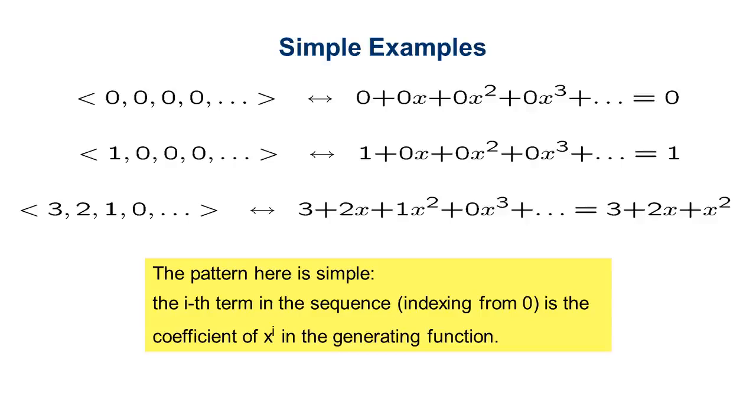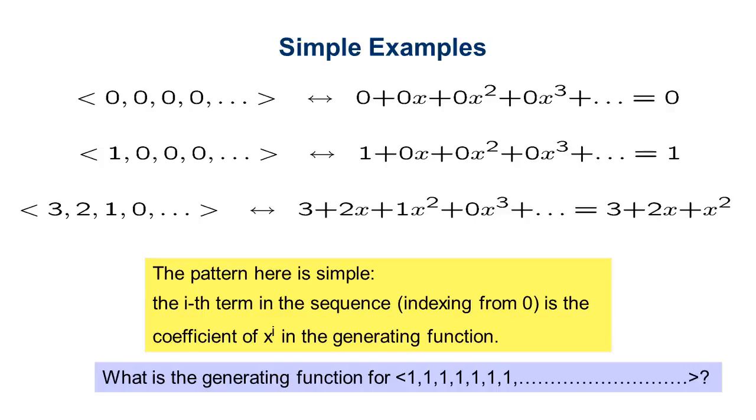Here the value of i is 0, so this is the first term or 0th term, and the coefficient is the element of the sequence. In this way 2 is the second term of the sequence, or the second term of the generating function. In this way we can convert the generating function to the sequence, or the sequence to the generating function.